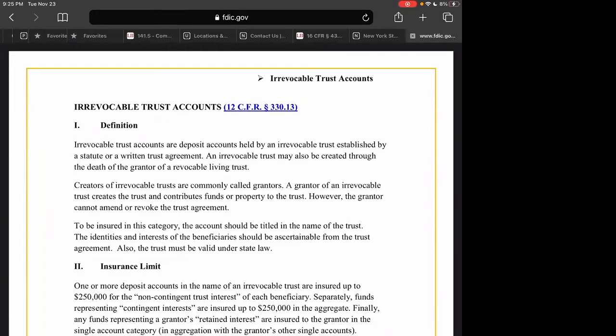valid under state law. So what they're saying is, in your security agreement or whatever agreements you have, if you don't have a security agreement, there's other types of ways to convey property. But if you have one of those, make sure that the beneficiary is clearly identifiable, okay, within the trust agreement, either by a conspicuous statement identifying the beneficiary. Like for example, the one that I have for the security agreement identifies the beneficiary in the color red, okay, on the very first page. So there's pretty much no way that you can say that you don't know who the beneficiary, or rather the secured party, is. All right.